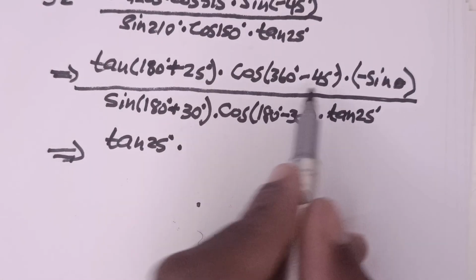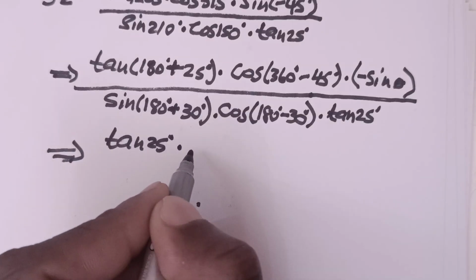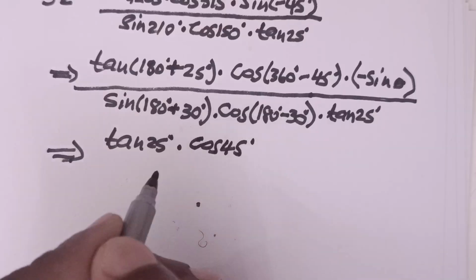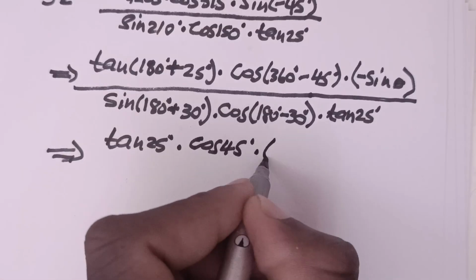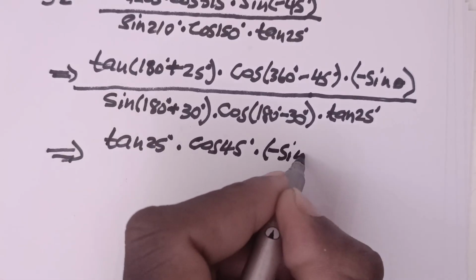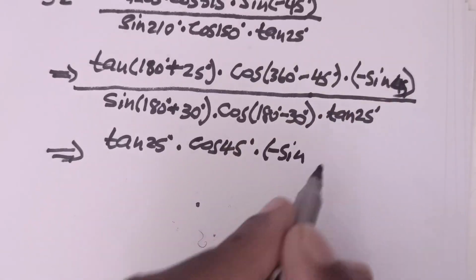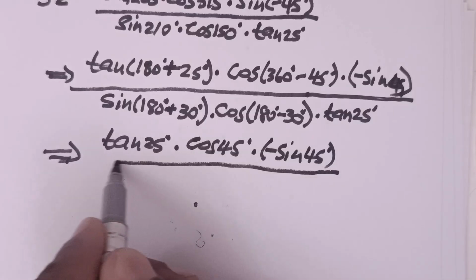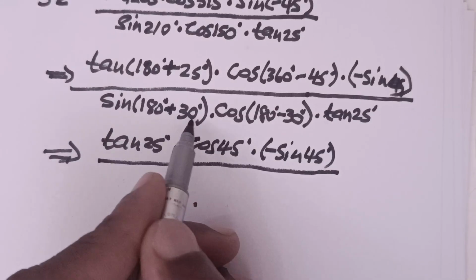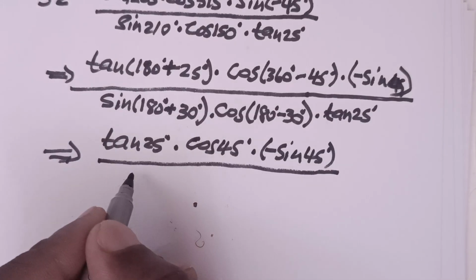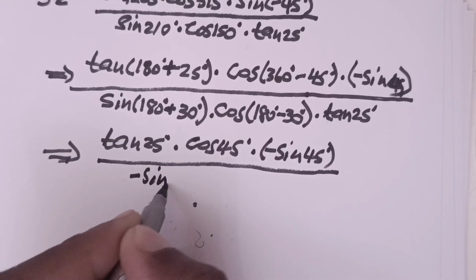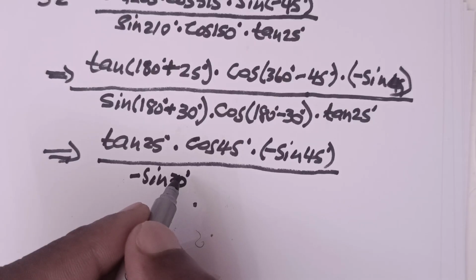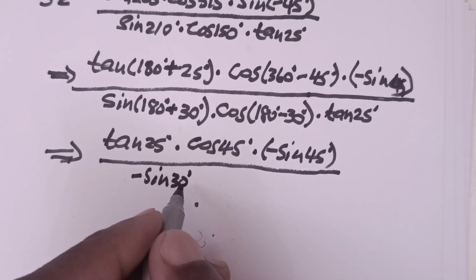Cos is positive in that fourth quadrant, so that's going to be a cos 45, multiplied by, of course, the minus sine 45, all divided by, in that particular third quadrant, the sine is negative, so that's a negative sine of 30,